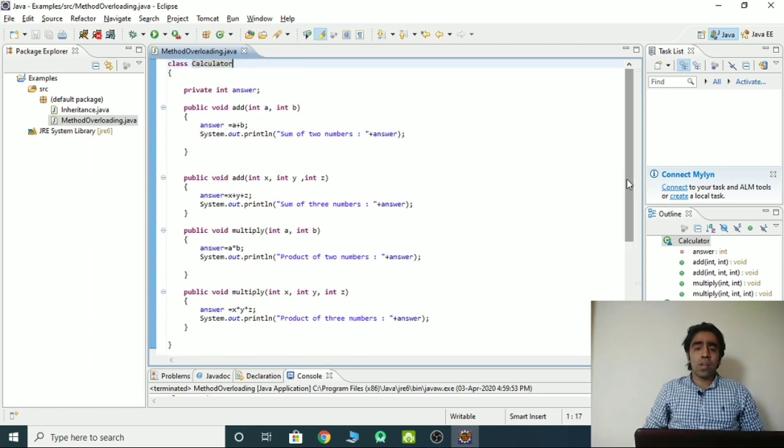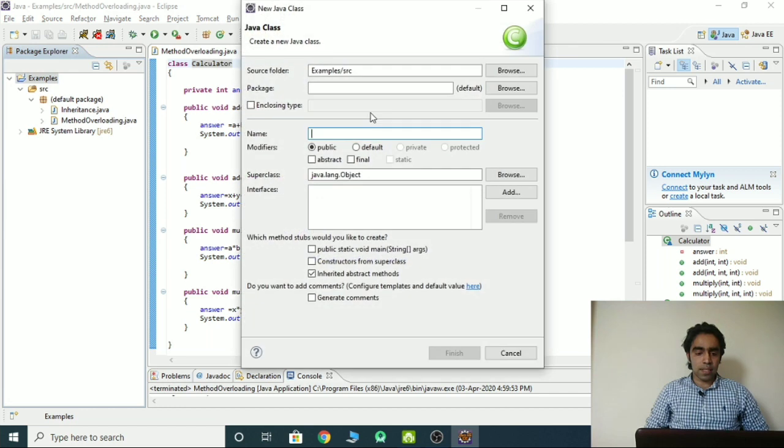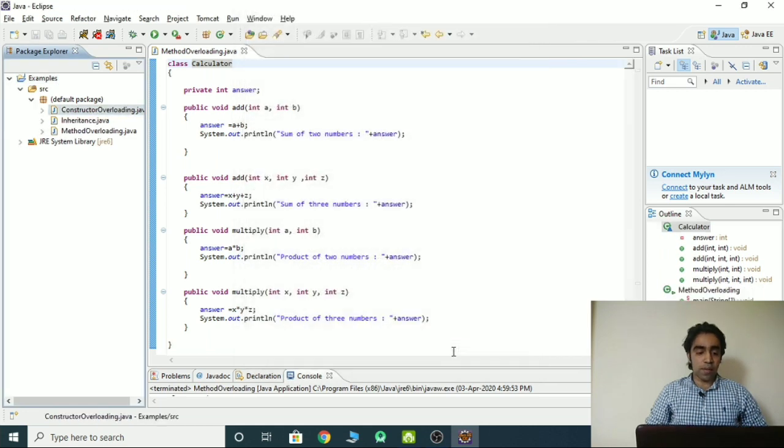So the next topic we are going to discuss is constructor overloading. I'm creating a new class: right click, new class, ConstructorOverloading. I'm creating public static void main and clicking finish.